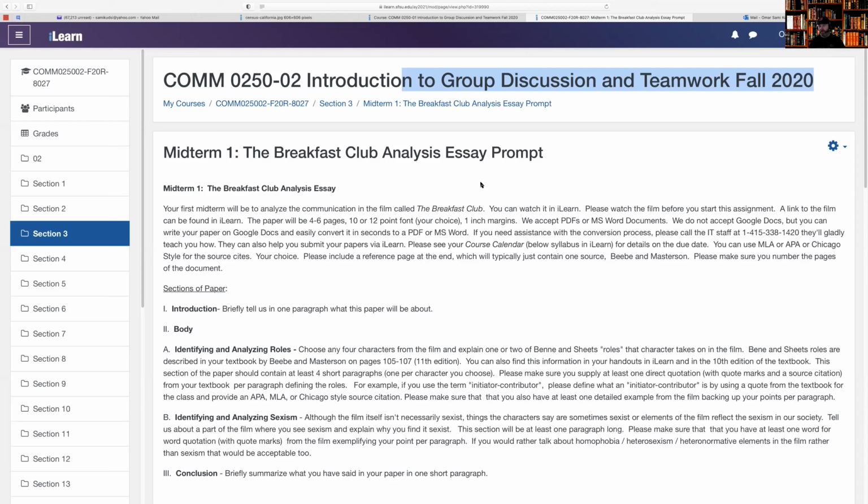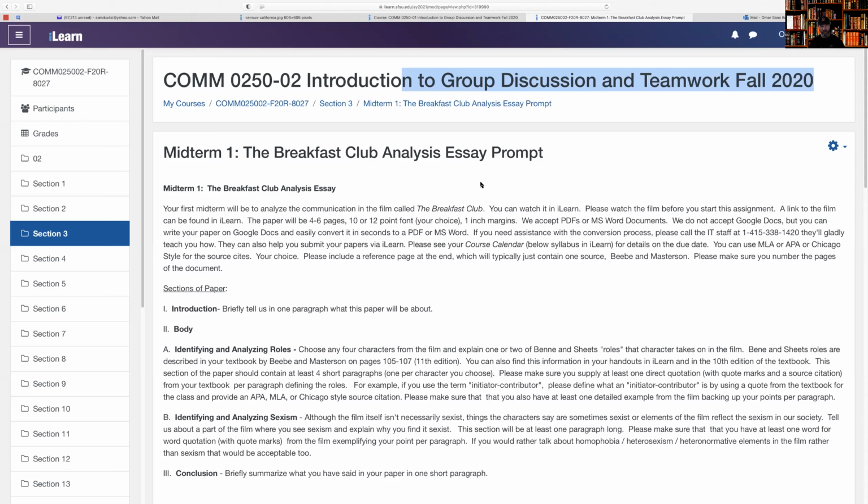It says here you can use APA, MLA, or Chicago style for the source sites. Mostly you're just going to be citing your textbook, which is by Beebe and Masterson. MLA stands for the Modern Language Association. APA stands for the American Psychological Association. And Chicago style, of course, stands for Chicago style.